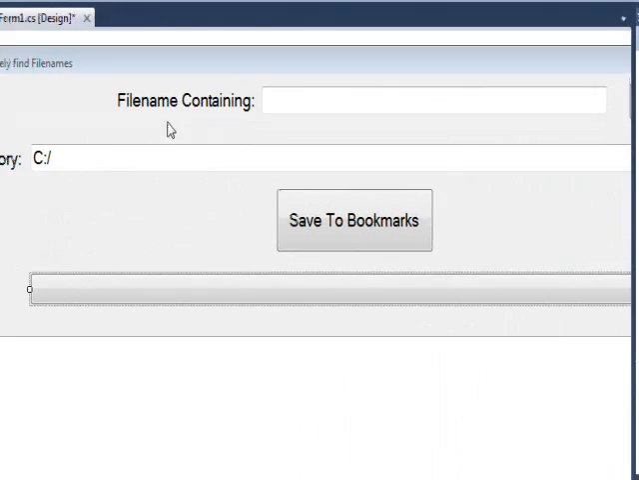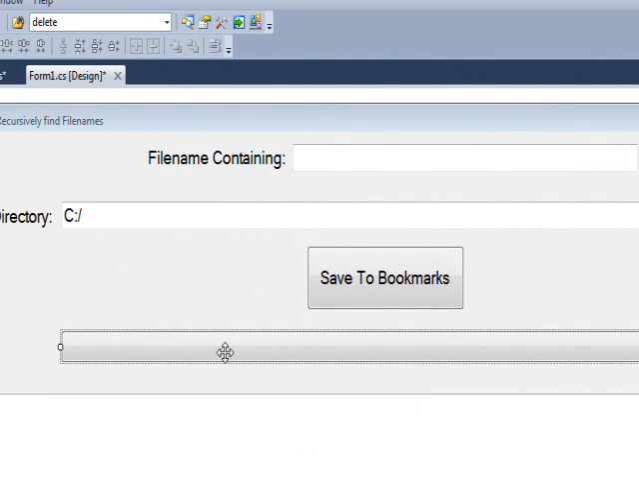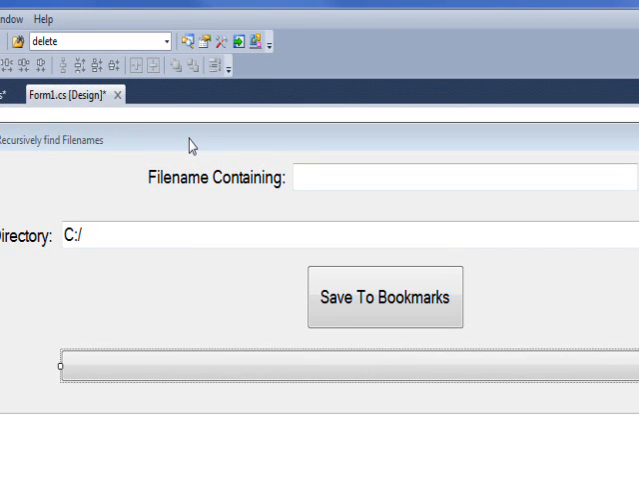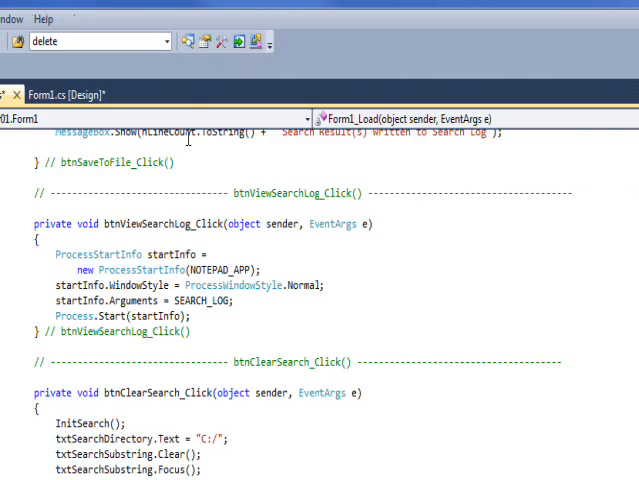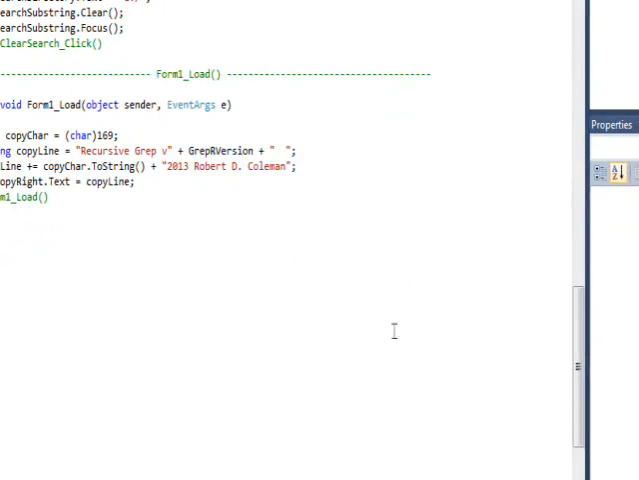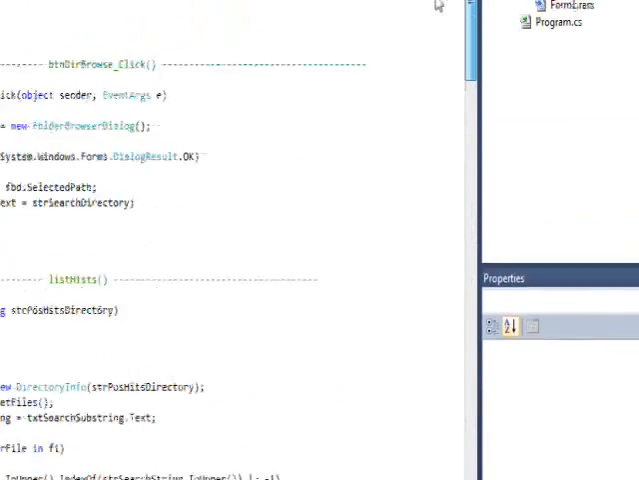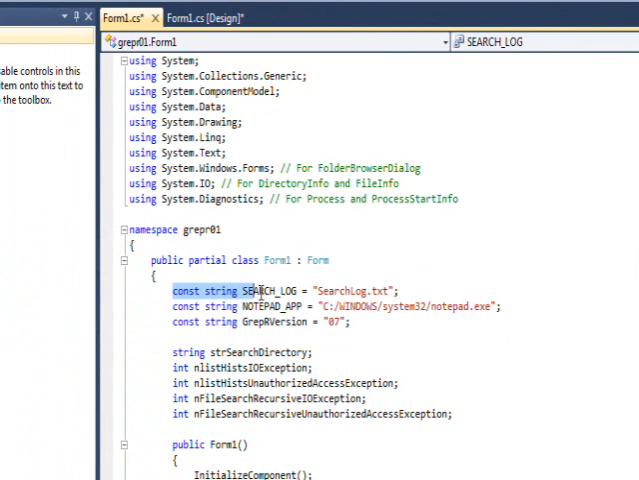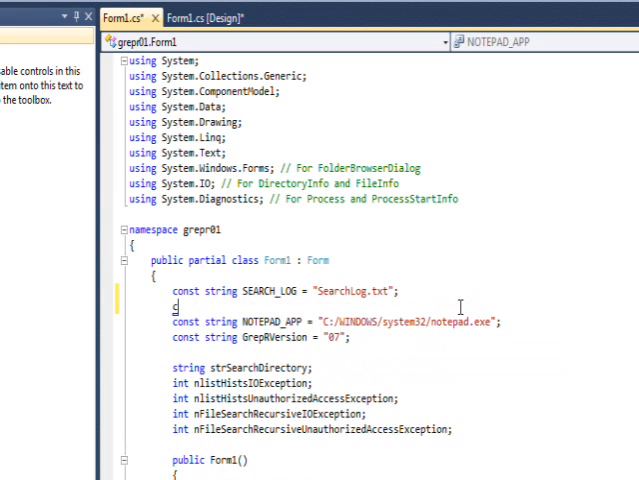And then the next thing we need to do is fill in this bookmarks thing based on bookmarks we've saved in the past. So if we double click on this, we'll go to the form load, and you can see right now in the form load all I'm doing is printing out a copyright string and a version number. And of course the first thing we need for a bookmarks file is a name for the bookmarks file. So I'm using a convention of having constant strings for this. So I'll do a const